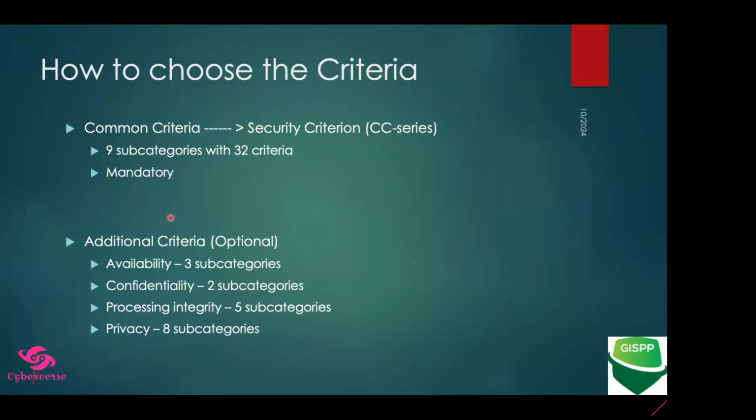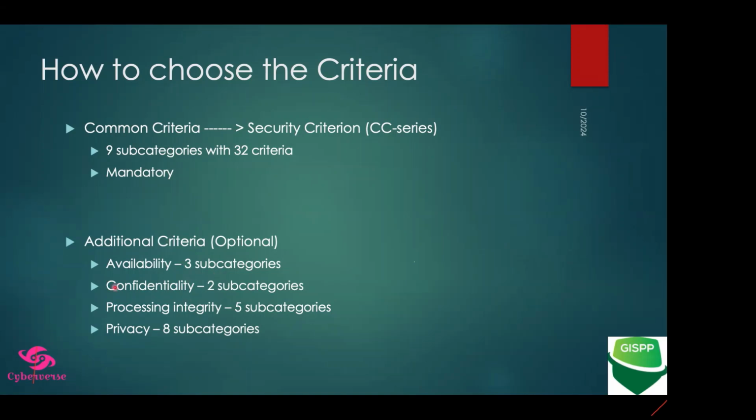Because for each of these 4 criteria, again, you have got X amount of subcategories and Y amount of controls. Okay, so again, availability के अंदर, for example, we have got another 3 subcategories, उसके अपने आगे controls हैं. And as I said earlier, I'm not going into those details because then it becomes like a 4-day training program, जिसके अंदर we'll be talking about the controls, subcategories, उनकी requirements क्या हैं, how we can implement, etc. So this is not the right platform to talk about it, but just to give you a flavor, that for each of these categories, again, then we have got different subcategories and they have their own different controls.